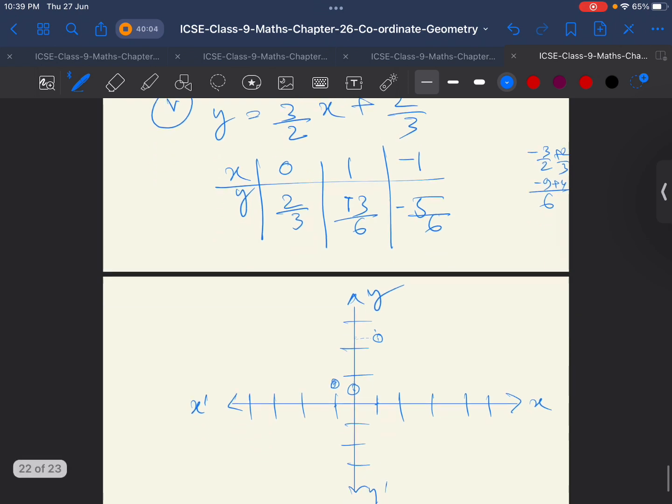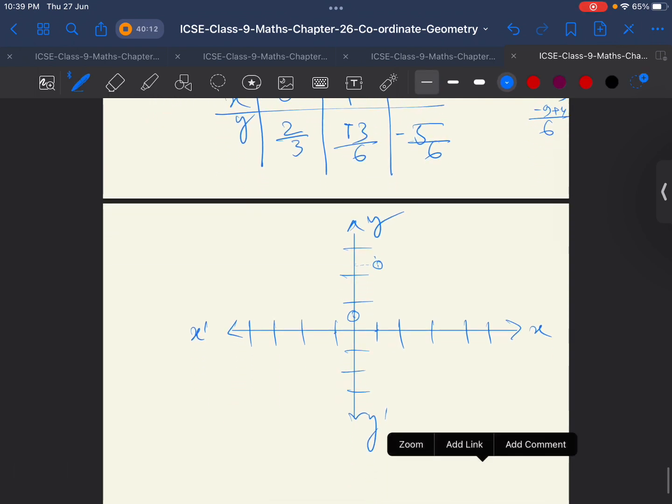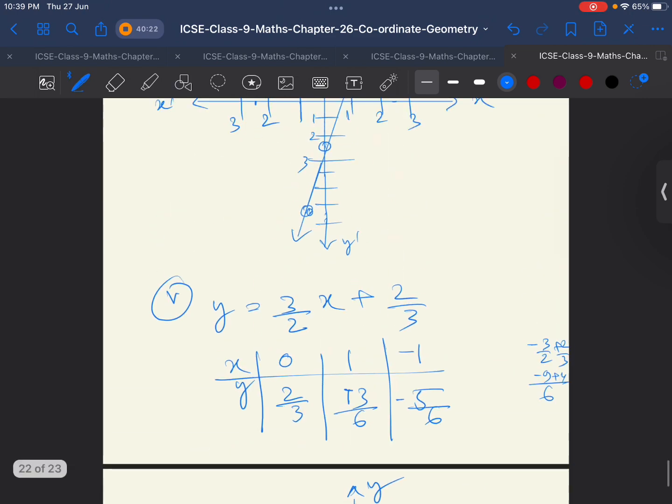Okay, minus 5/6. So this point will be at minus 1, and this point is here. Okay, now we draw the straight line. So this is the straight line. Okay,